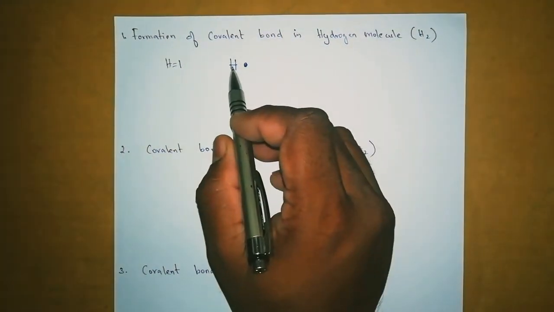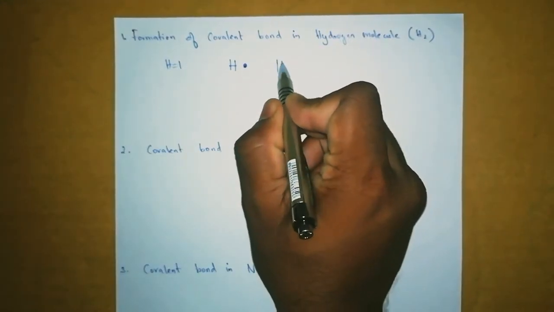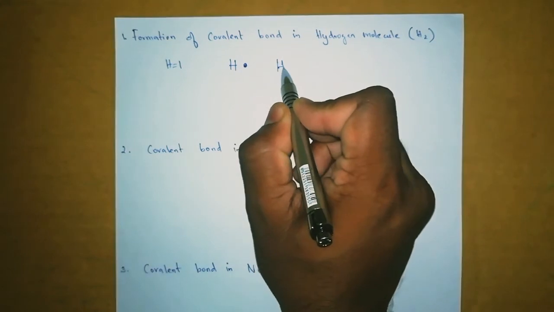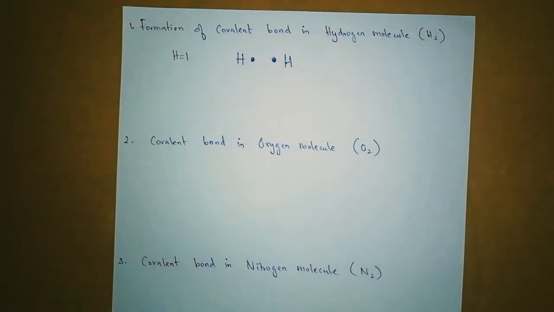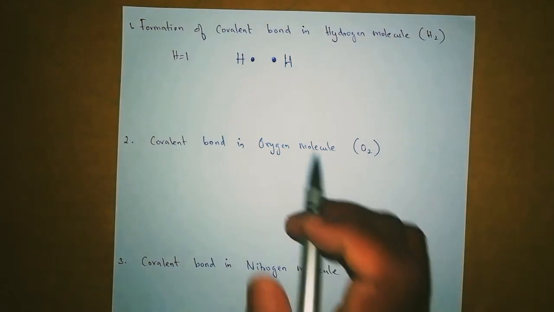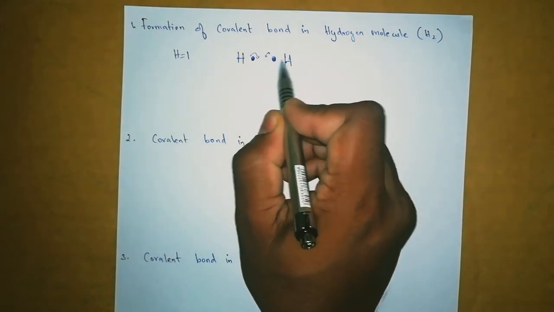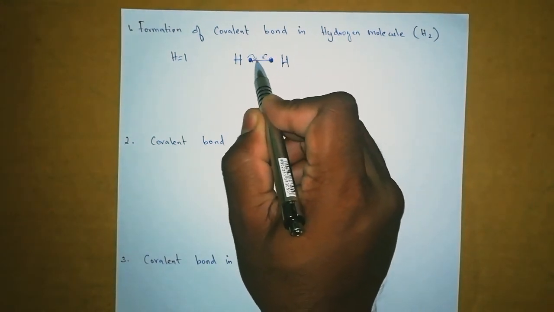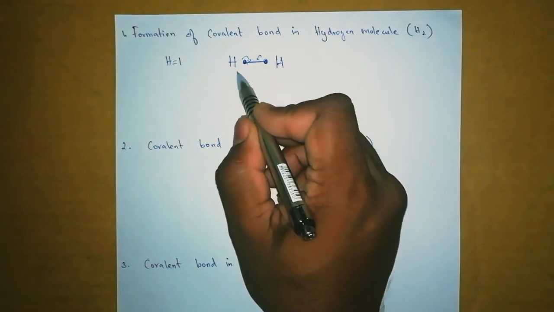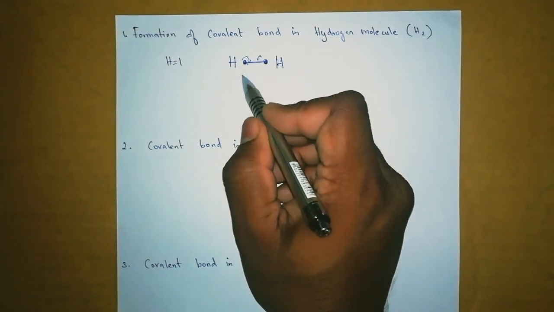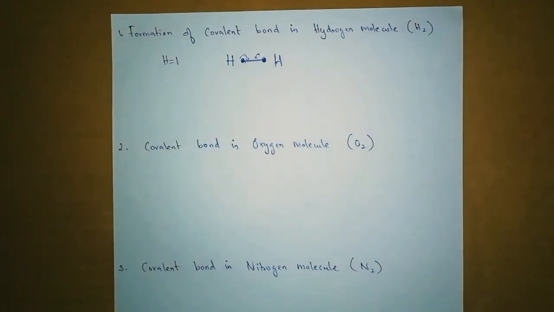If this hydrogen going to combine with another hydrogen, what they do? Another hydrogen is coming to combine with this hydrogen, and this hydrogen is also have 1 electron with them. So what is the possibility here? They both have to share their electrons. Once they share their electron, they form a bond with themselves. Okay, see that. How many bond is here? Only 1 bond. So it will be a single bond.